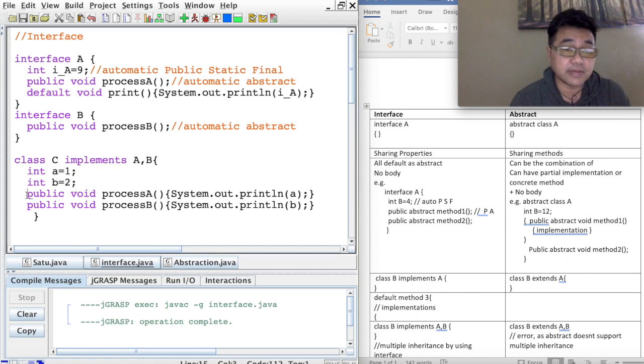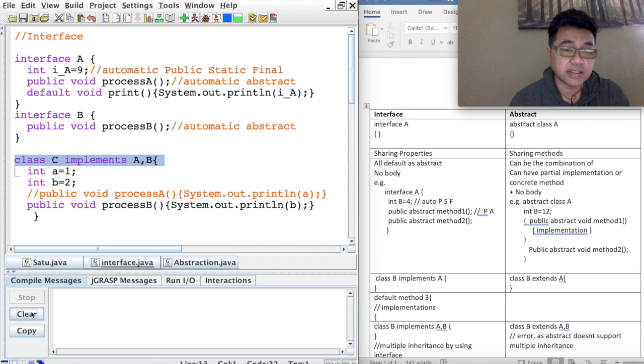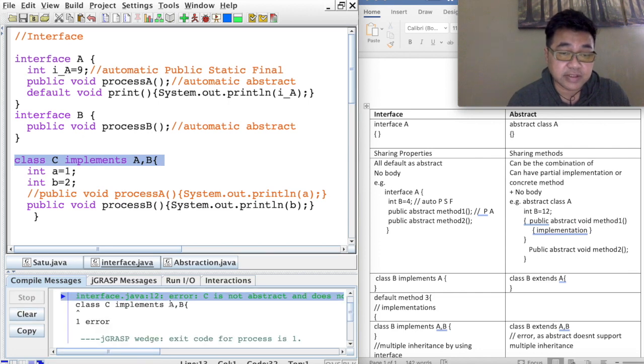But if I remove this method, I have to clear that one first, then when you compile, if you look here,